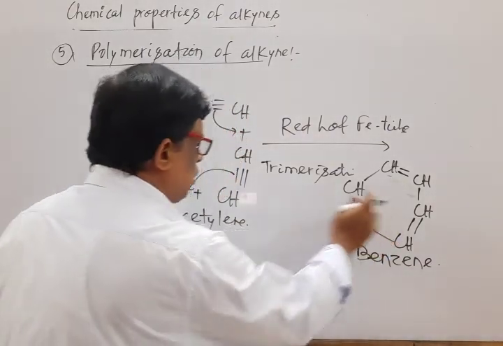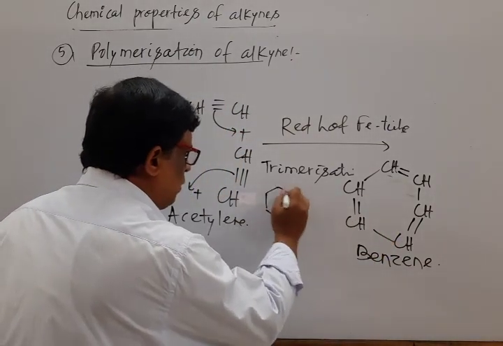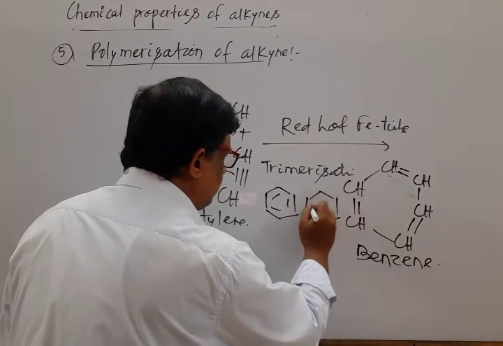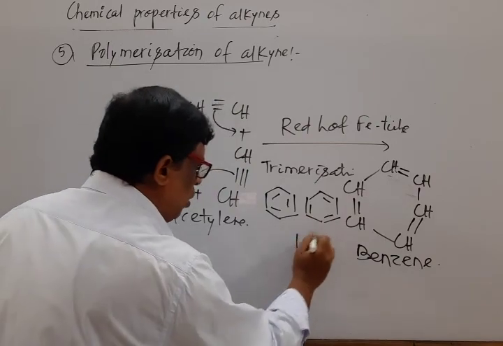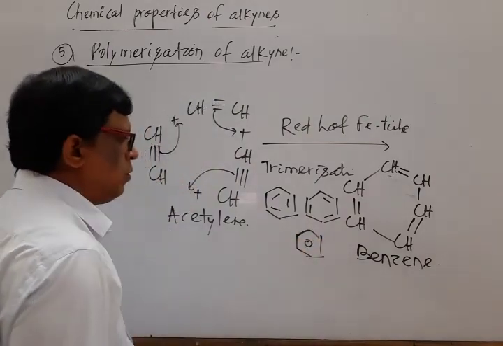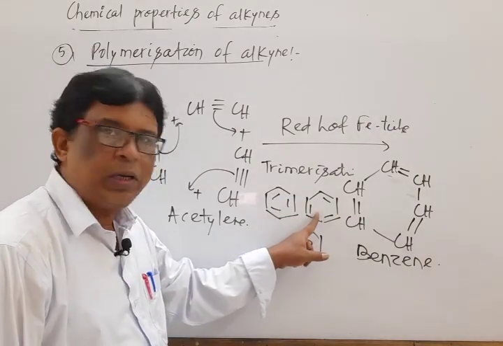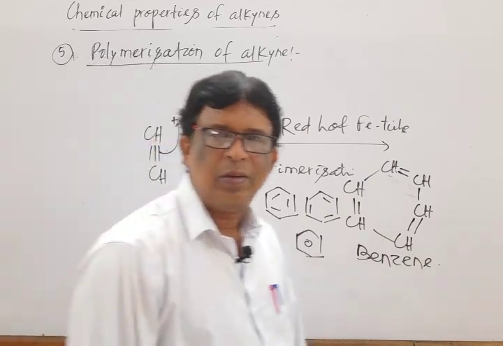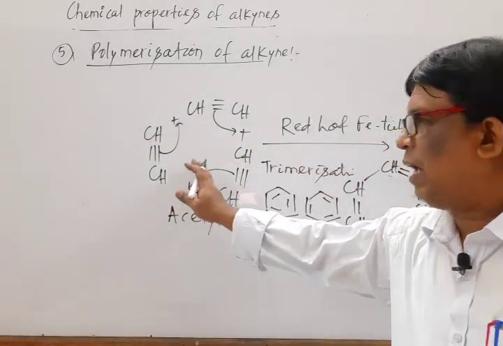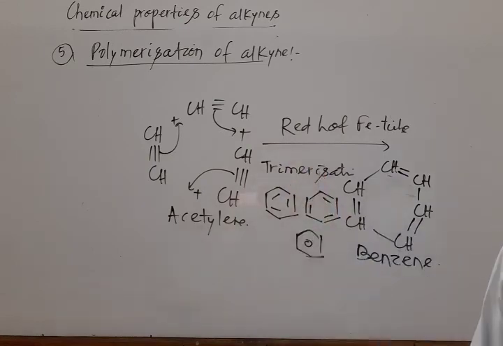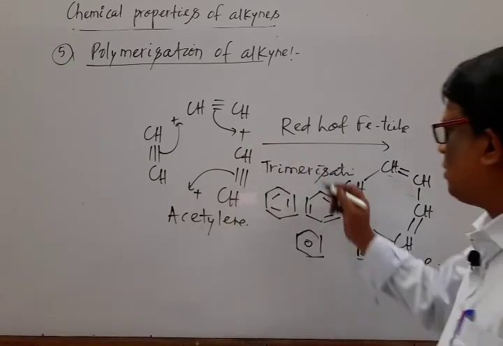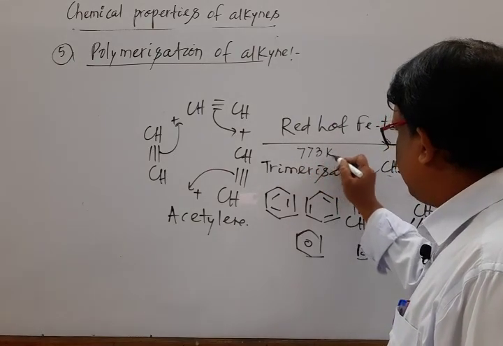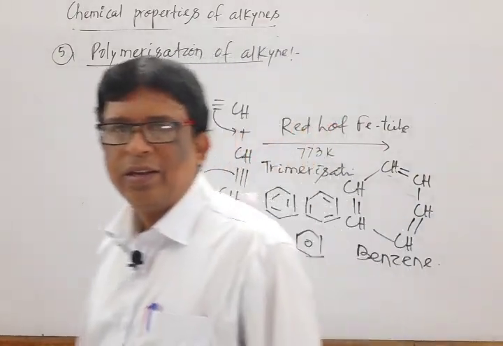Okay, this structure benzene we may write in skeleton mode in this way, or we may write in this way, or the already complete, that is a resonance hybrid. It is known as resonance structure or contributing structure or canonical structure. It is known as resonance hybrid. Okay, so as 3 molecules of reactant acetylene condense, that's why it is also known as trimerization, and heating about to 500 degrees Celsius or 773 Kelvin. Okay, so now write the statement.